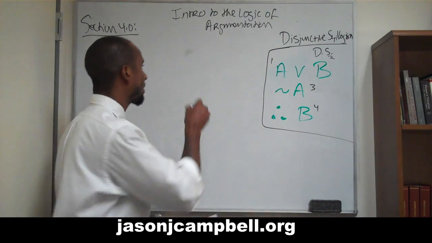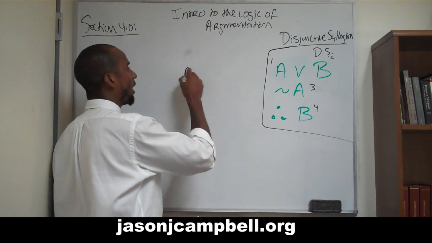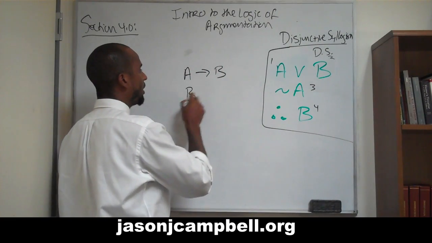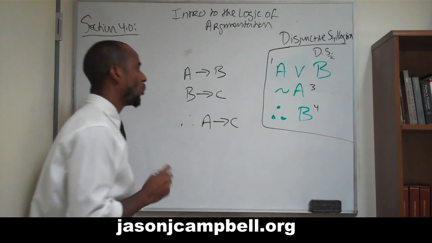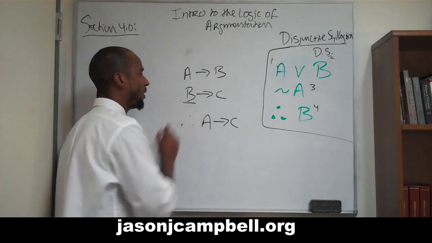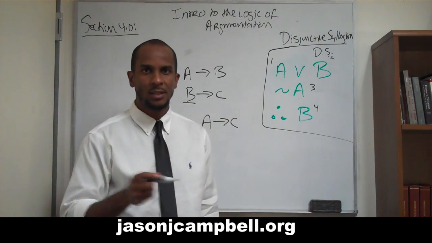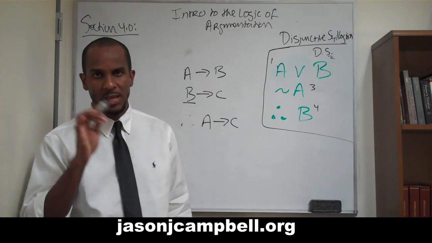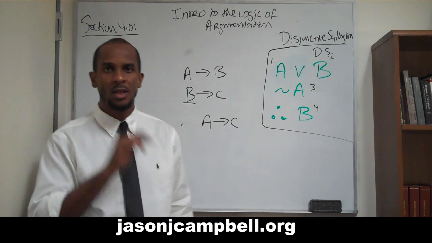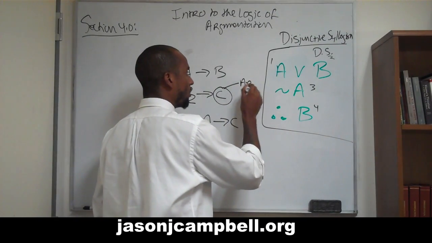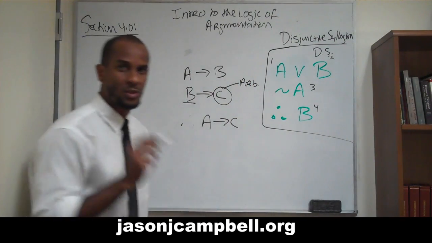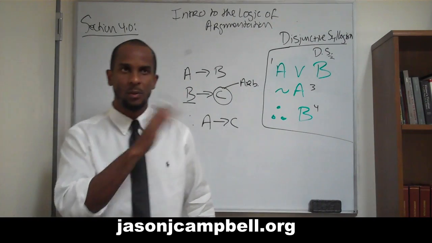When we did our hypothetical syllogism in the previous section, it was if A, then B, if B, then C, therefore if A, then C. We recognize that this second antecedent, the affirmation of the second antecedent, led us to what was an arbitrary claim, right? Remember, this was an arbitrary claim. The arbitrary claim that I selected, I forget what page that was,